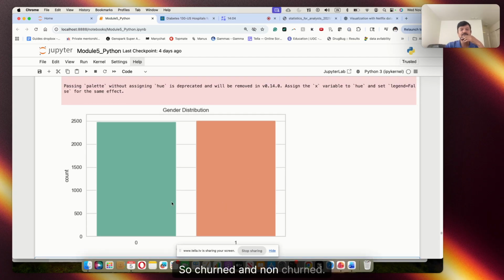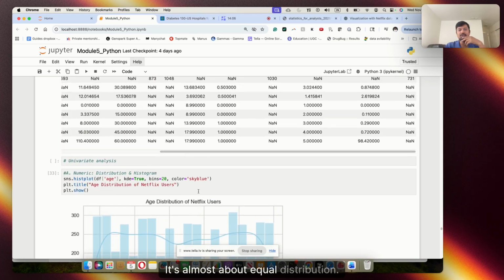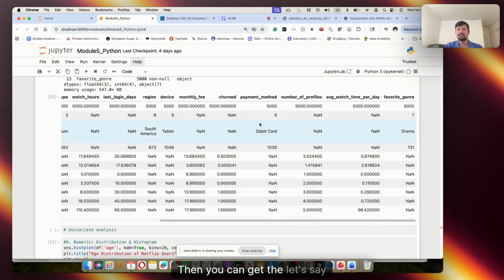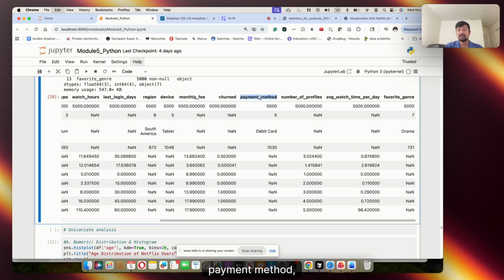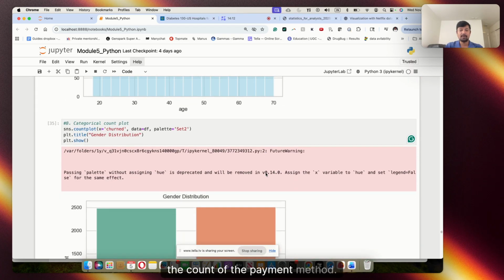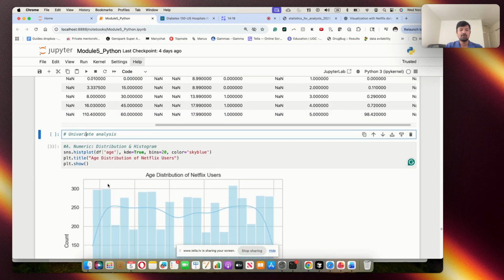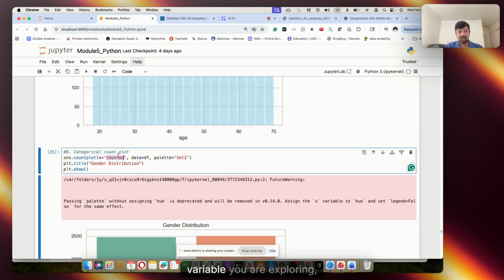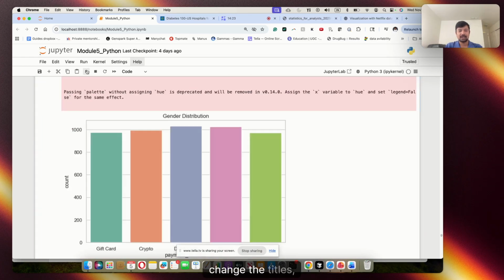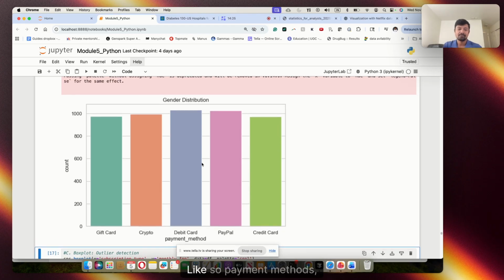So churned and non-churned is almost about equal distribution. Then you can get, let's say, the count of the payment method, to see if there are any differences between the payment method counts or not. But you need to make sure that whatever variable you are exploring, you change the titles and change the plot accordingly. Like for payment methods, some are paying by gift card, some by crypto, debit card, PayPal